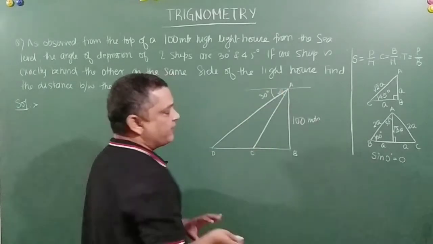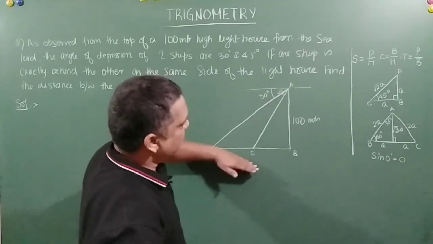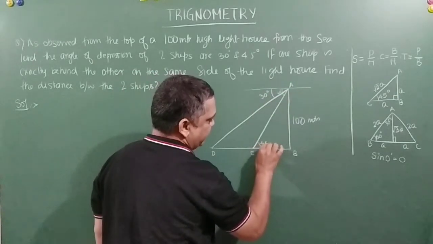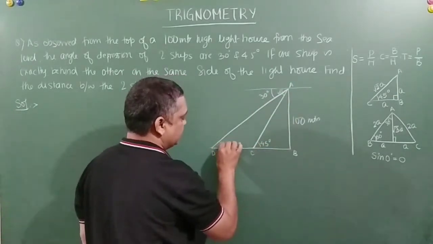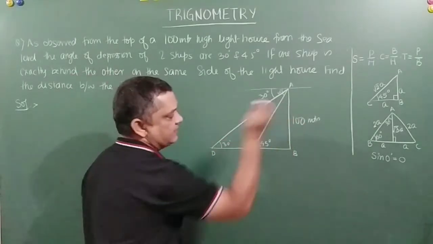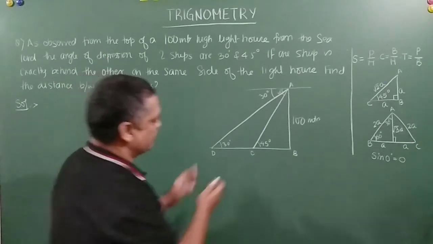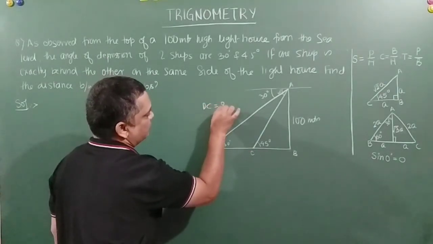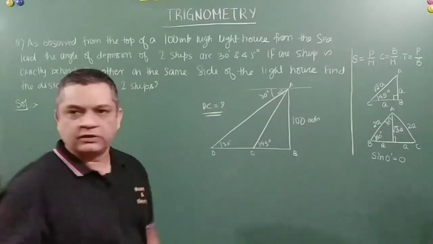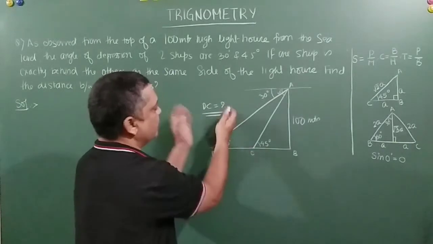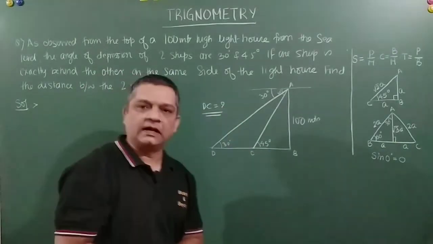Right? So friends, this is parallel to this. So these alternate angles will be equal. So this becomes 45 degrees and this becomes 30 degrees. Right? You are getting it? Now this side is given to be 100. We are expected to find the distance CD or DC. DC is equal to what? This is the question. Right? So we have analyzed the question here. We have made the diagram, and what is required we have jotted down also.